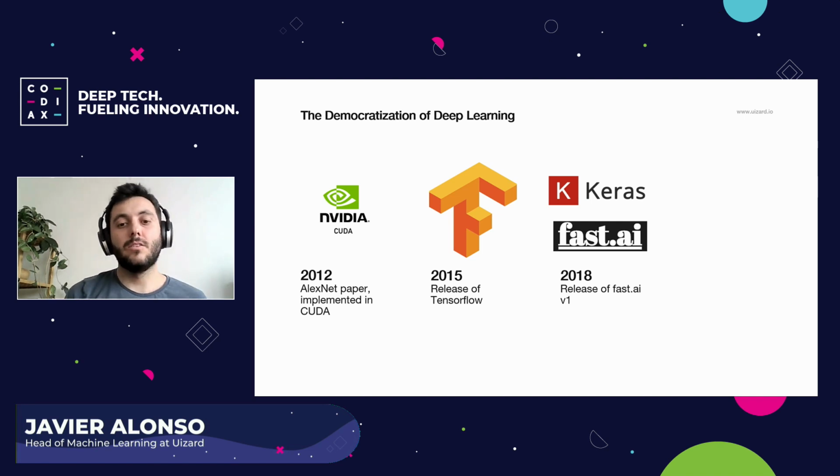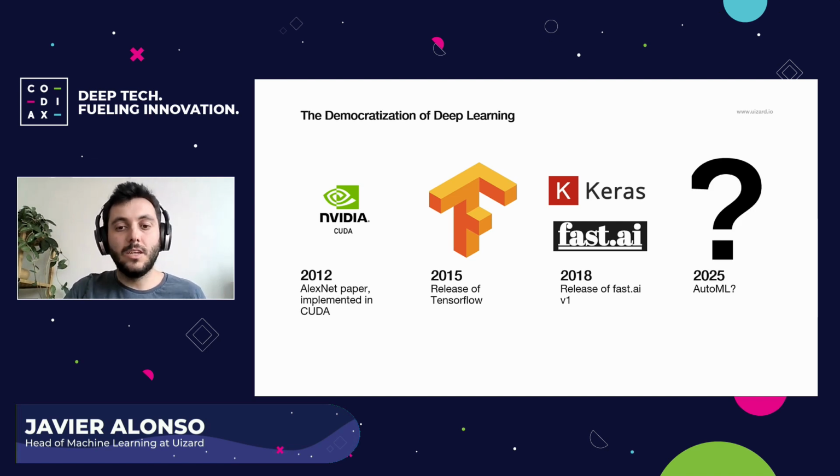In 2018, we got the release of FastAI V1. And the interesting part of this is that they marketed themselves not as the next tool for data scientists or engineers. They marketed it in a way that they say, this is a deep learning tool for coders. That means anyone can use it. If you know how to code, you have access to state-of-the-art deep learning models. And this is a process, right?